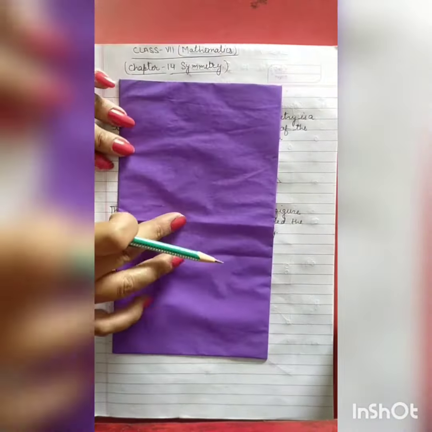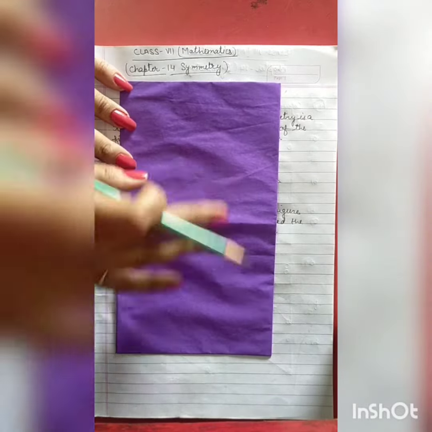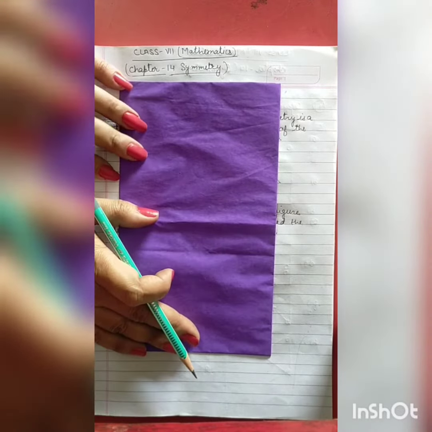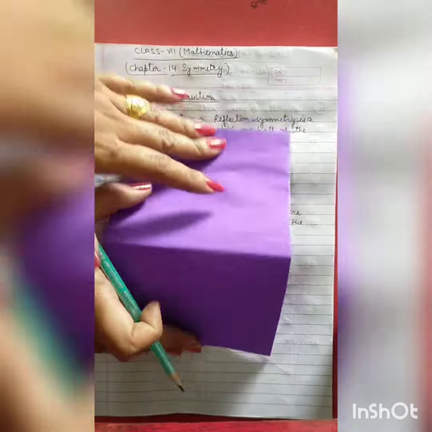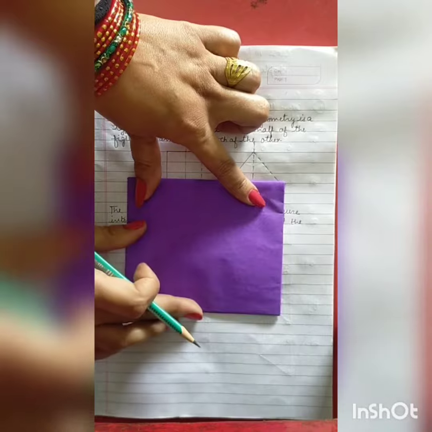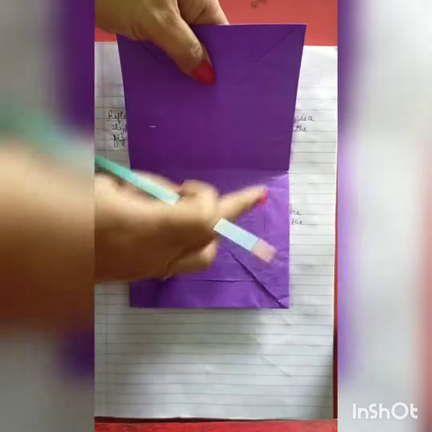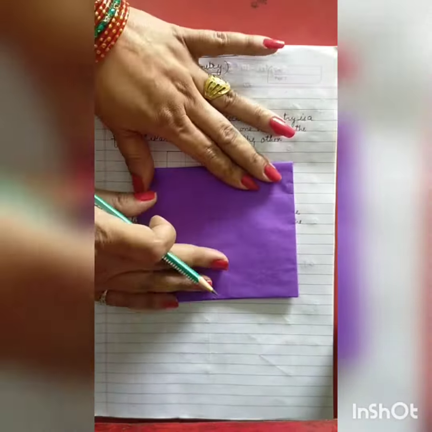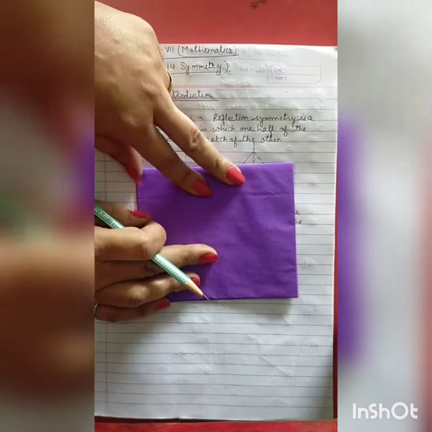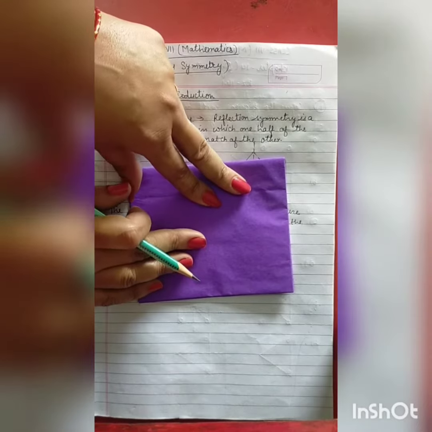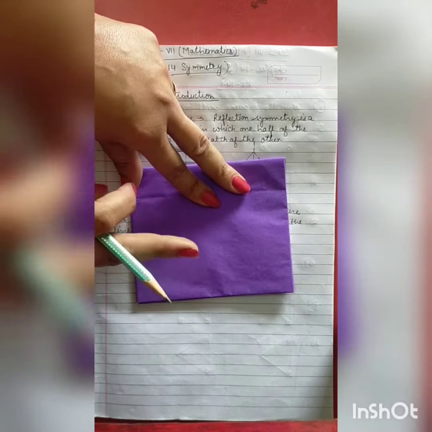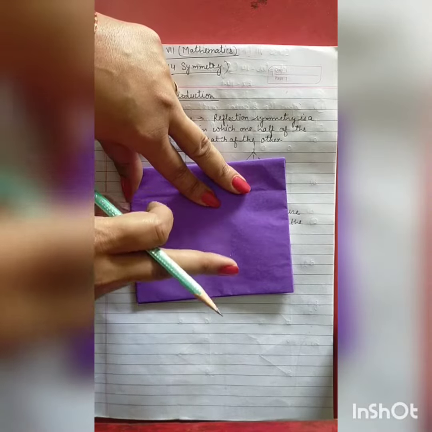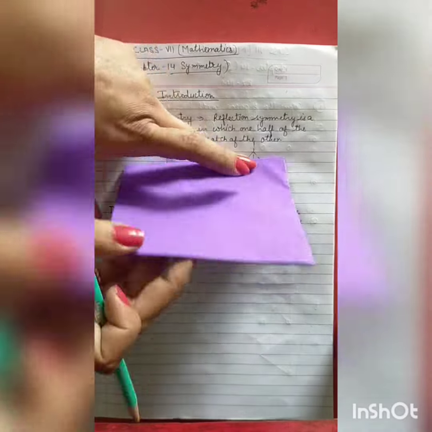So let's start it now. I am going to take this one paper. It is a rectangular paper. What we'll do here, I am going to divide this one paper from the center. See, on folding this, you can see here this one line has divided this rectangular paper into two equal parts, and you can see here this one part is overlapped by this. It means to say here, when a diagram is divided into two equal parts and both parts are of the same shape, same size, that is known as symmetry.